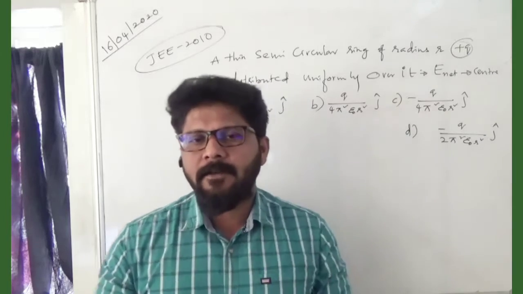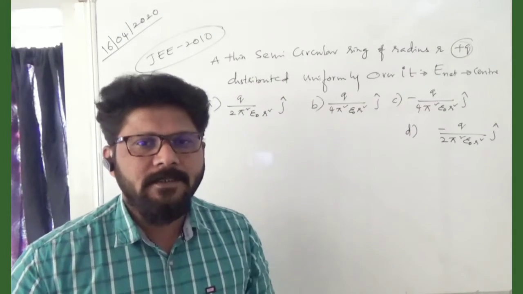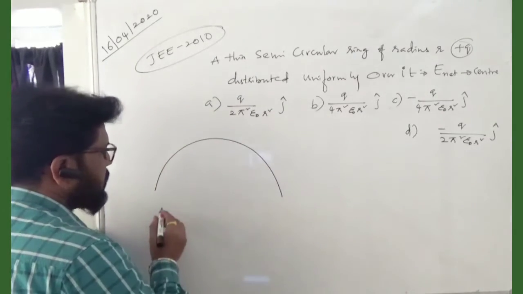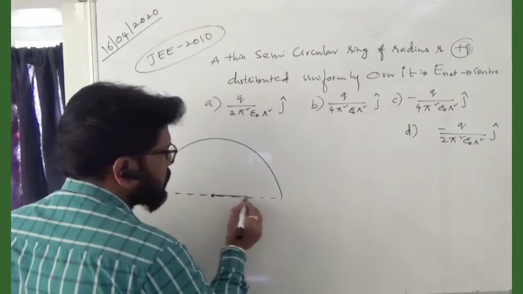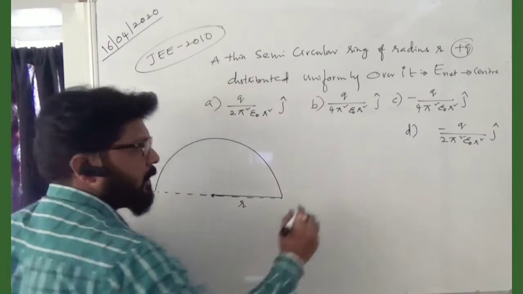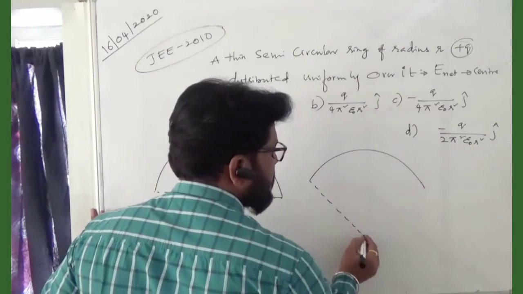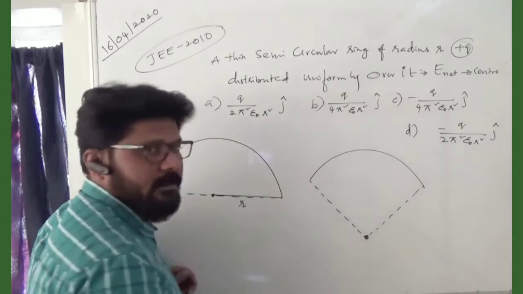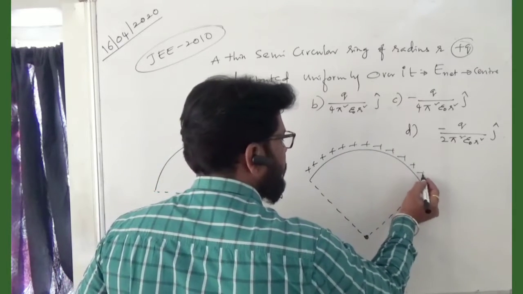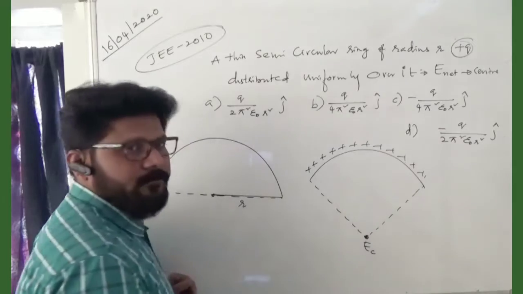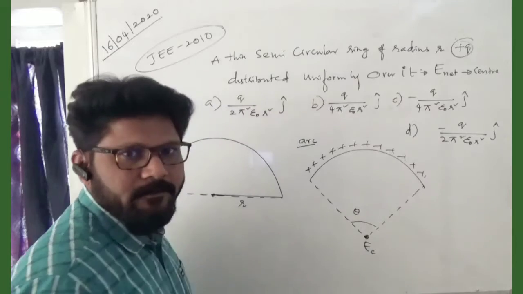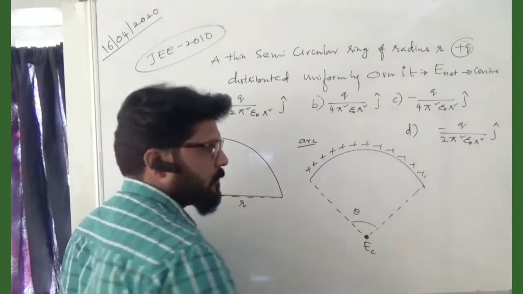Right. We already calculated the general formula in the last classes. So if I take it like this, this is radius r. For an arc, we calculated the electric field intensity due to an arc. Can anybody tell the formula for it? The electric field at this center due to an arc, where this is an angle theta. Anybody? It's difficult to type.